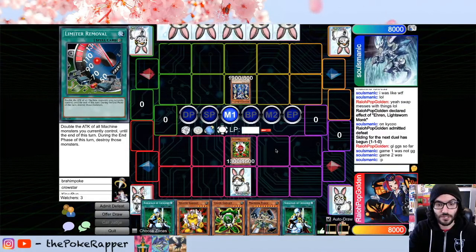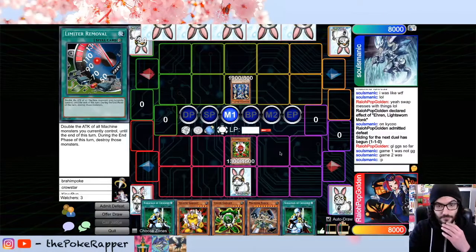There's a Thunder King. Yeah, that's fine. Summon is fine. But he does have Pulling the Rugs, so...